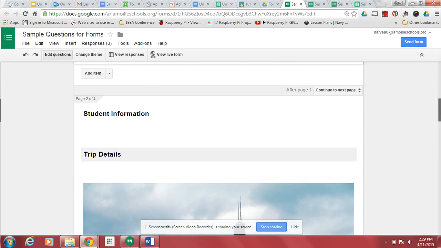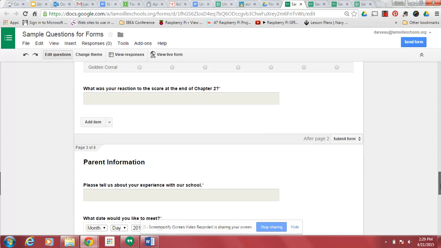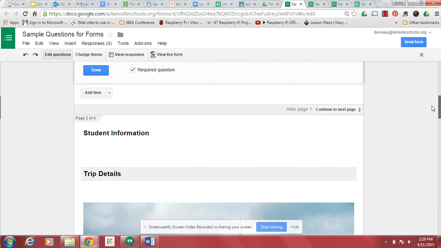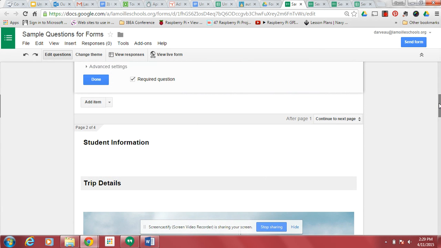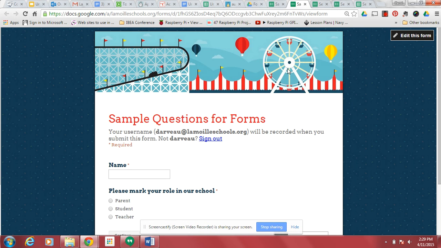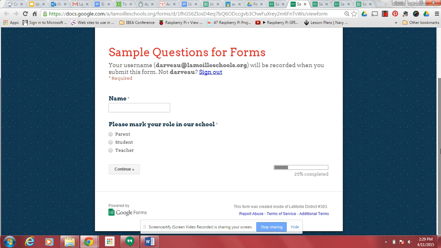And I had certain things that the students would do, and then it would flip to a page for the parent and have a question there, and one for the teachers. So I'll show you what this looks like live. Okay, this is how it would work. Basically, this page of the form is very simple, but then if they click parent and continue,